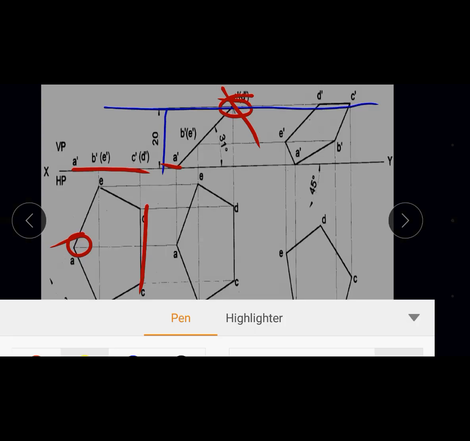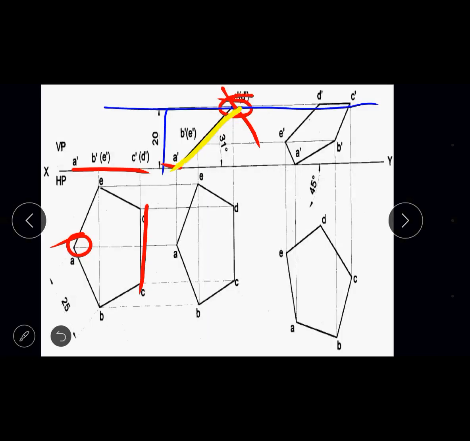The same front view of the lamina, you have joined, and then measure the angle. The angle will be 31 degree. So that's it. In this problem, instead of giving the 31 degree to the HP angle, the surface of the lamina makes an angle of 31 degree with reference to HP. The condition is given: the edge opposite to the resting corner, that is the edge CD.